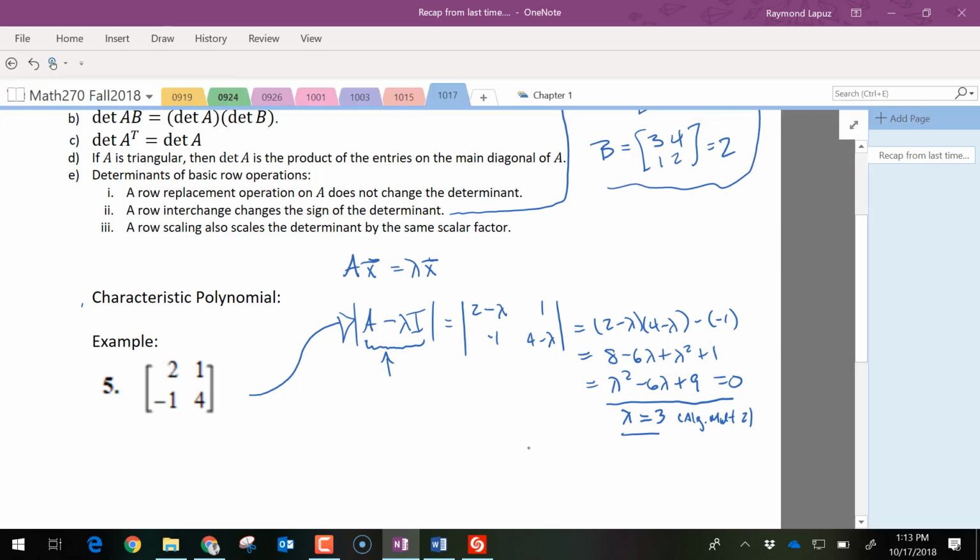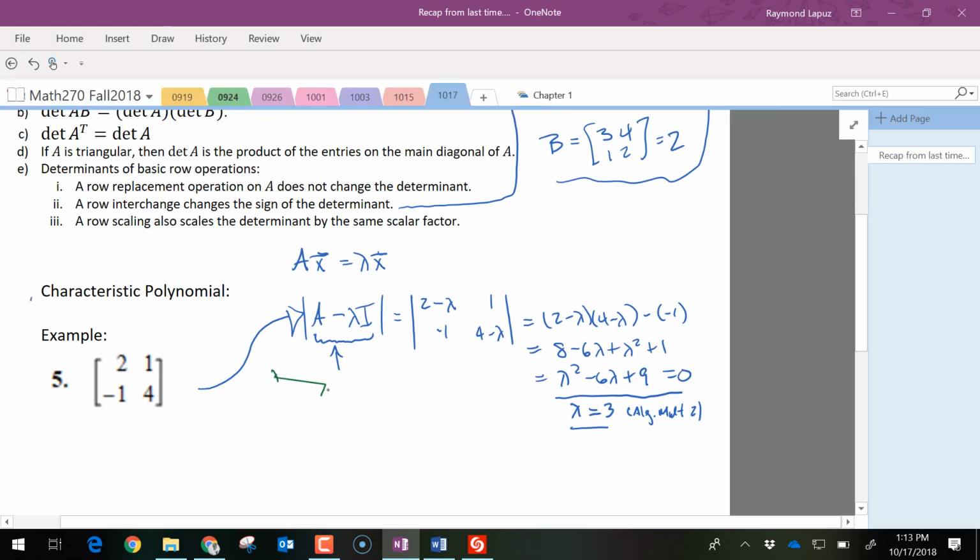So if lambda is equal to 3, then A minus 3I, or let's keep that as a matrix, is going to be 2 minus 3 is -1, and 4 minus 3 is 1. And so if you row reduce this,